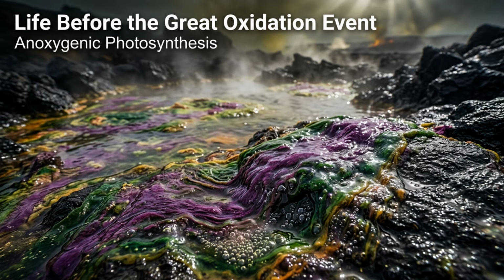The difficulty in pinning down the exact moment this standoff began is compounded by the Signor-Lipps effect. This paleontological principle reminds us that the fossil and chemical record is inherently incomplete. The first or last appearance of a signature in the strata rarely represents the true biological beginning or end of a process. Because the sedimentary record of the Archean is so fragmented, the billion-year gap might be even more complex than it appears, representing a series of fits and starts where oxygen rose locally only to be crushed by the